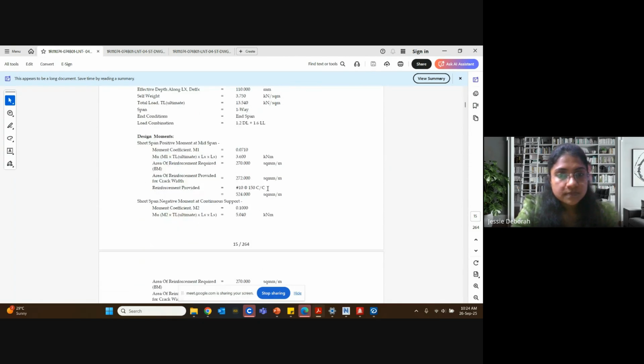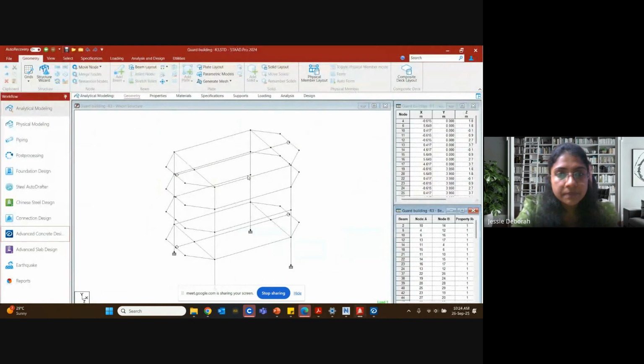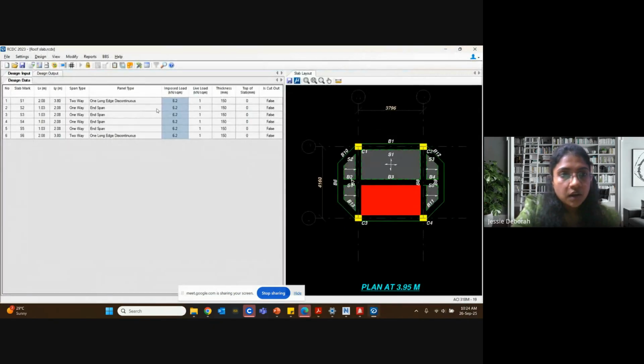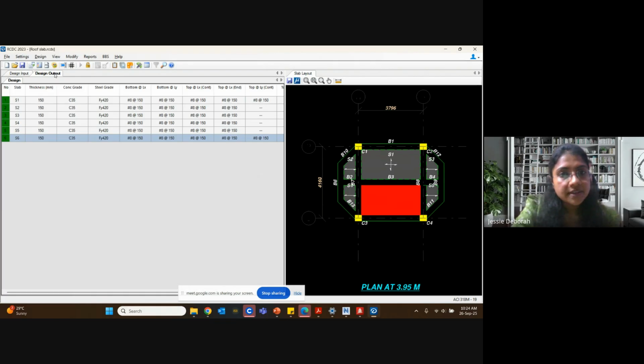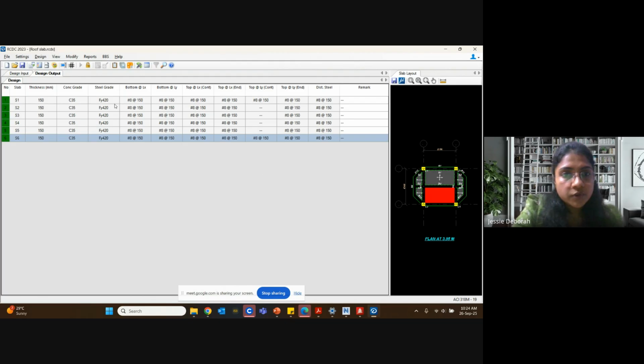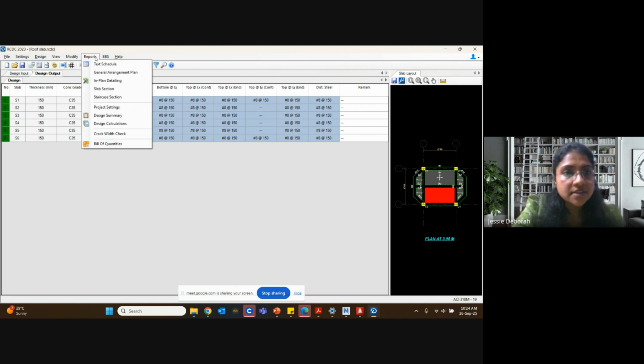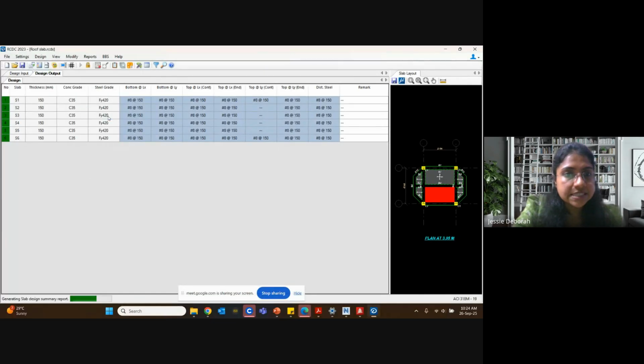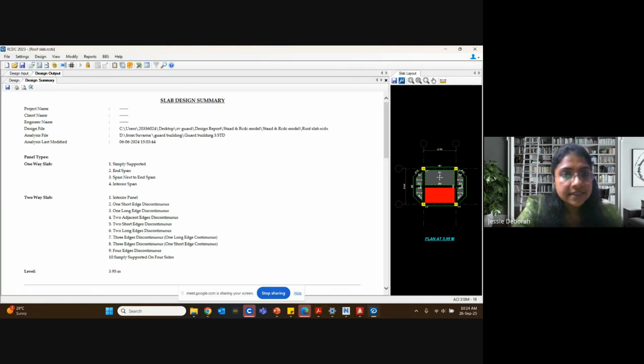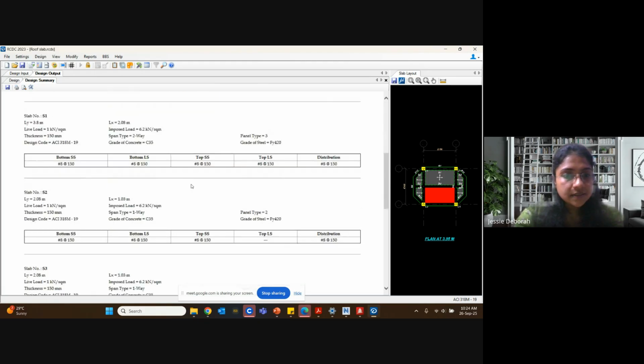So then based on the load combinations and other things, it will calculate rebar for us. Okay, so இது வந்து design inputs. So இதெல்லாம் கொடுப்போம், thickness of slab எல்லாம் கொடுப்போம். அதுக்கப்புறம் this will generate output for us. Okay, if you see, it will tell us 8 dia bar at 150 thickness you have to do அப்படின்னு. அப்போ it will give us reports also, it will give us design summary. So it will tell us this is the design summary.